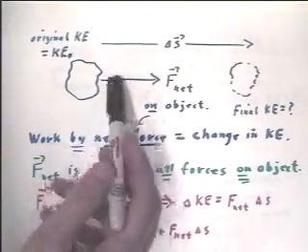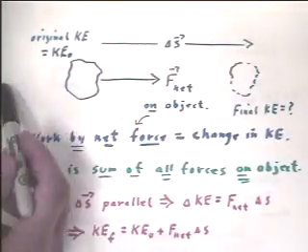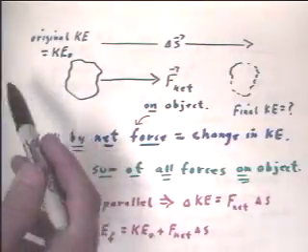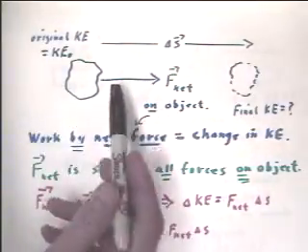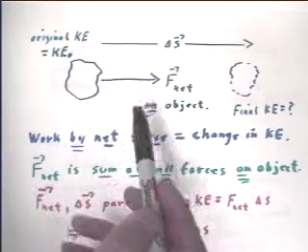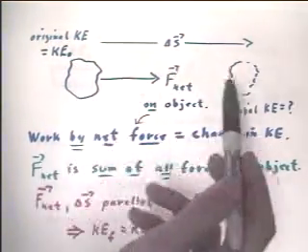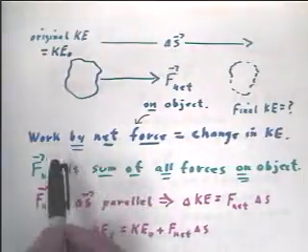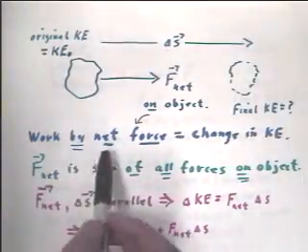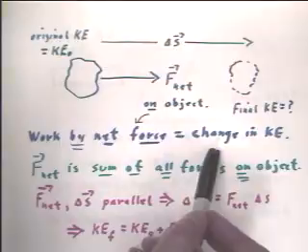It would be maybe the force you apply minus the force of friction that resists it, plus maybe some other force that's being applied to the object. It's the net total of all forces acting on the object. Delta S is the net displacement from this point to this point. Then, what we're saying is that the work done by that net force is equal to the change in the